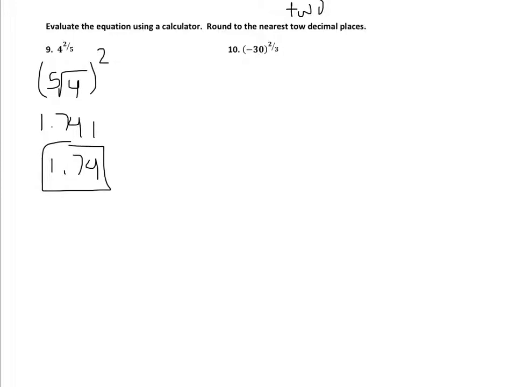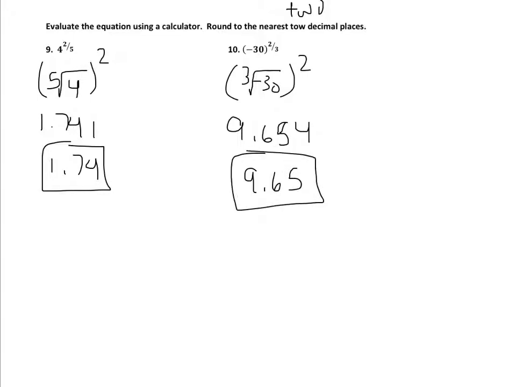So this would be the cube root of negative 30 squared. You should get 9.654, which would be approximately 9.65. Okay? So, there,